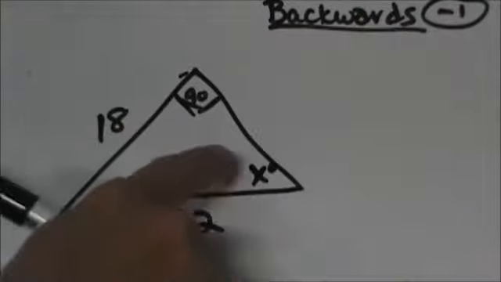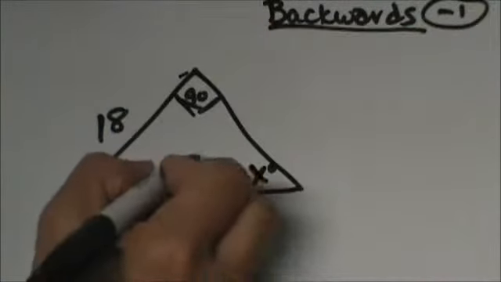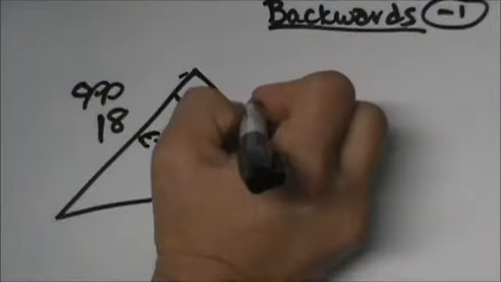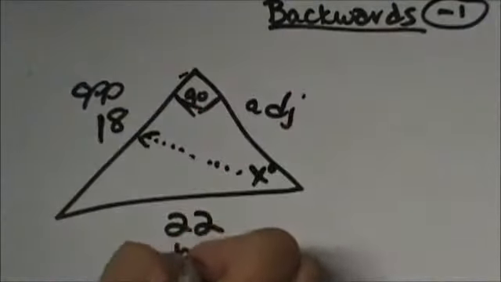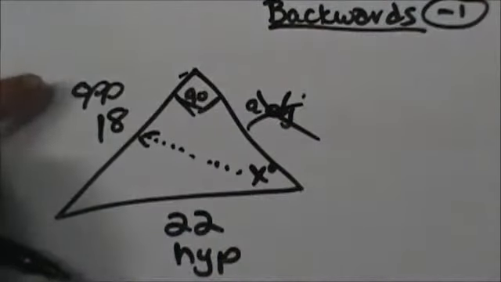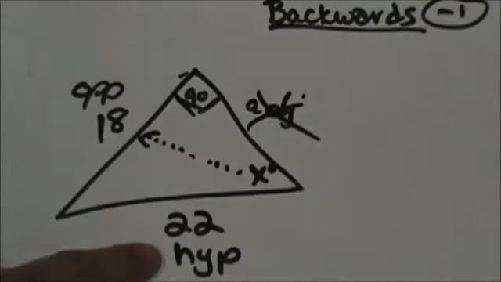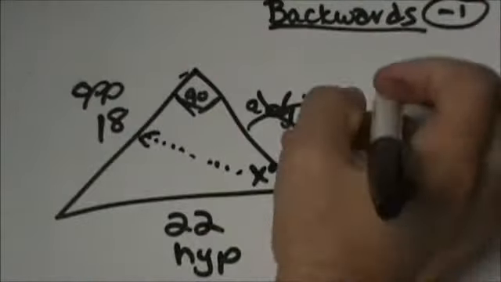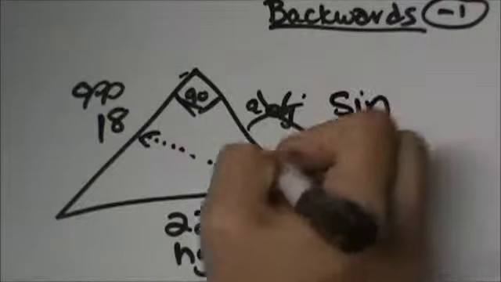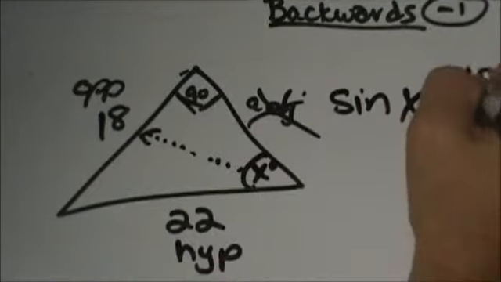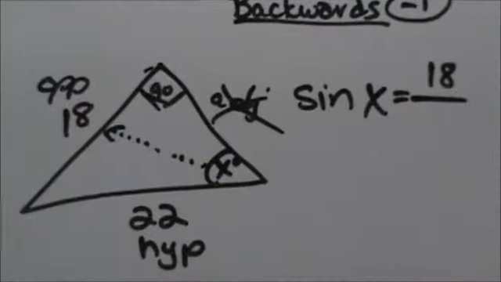Okay, so which two sides do we have? From the angle of reference, we have the opposite. This is the adjacent, and this one's the hypotenuse. Okay, we're not using the adjacent. So which one uses opposite hypotenuse? Go back if you don't know your trig functions. Opposite hypotenuse is sine. So we're going to use a sine. The sine of what angle? Well, we don't know it, so that's our x is equal to the opposite, which is 18, over the hypotenuse,